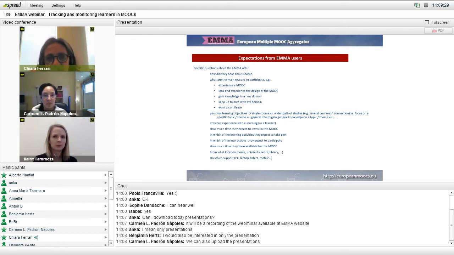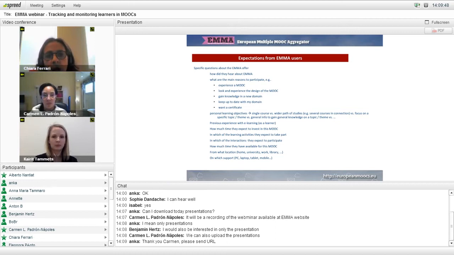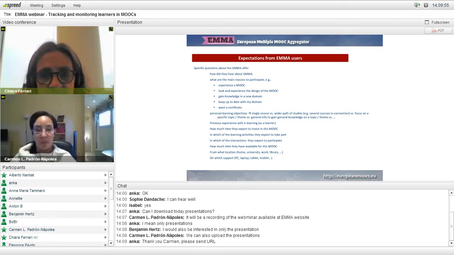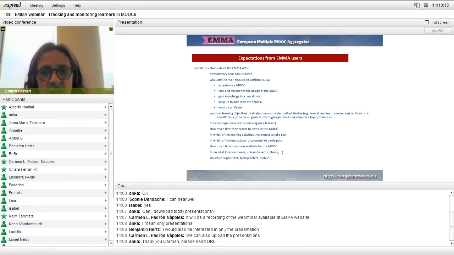data we have collected, because in the expectation questionnaire, these are some of the questions we ask. Some of them have to do with their intentions in EMMA, and some of them are about our curiosity about EMMA, so we want to know how they heard about EMMA, but we also want to know if this is their first experience in a MOOC, and what type of experience they have collected in the past, be it with a MOOC or with distance learning in other cases. And so I can show you some of the results, just an example of the results we have collected,